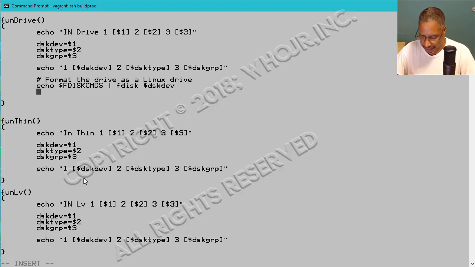Then we're going to check the status of this, and if the status is good, and good means equal to 0,